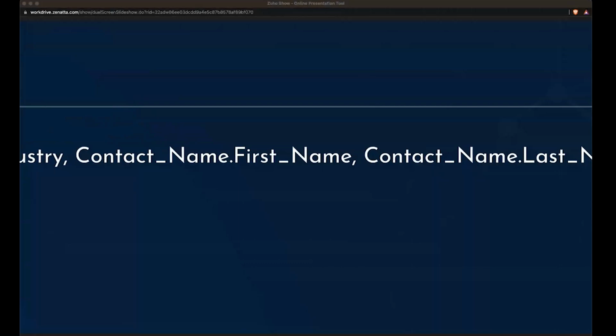But now to the meat and potatoes, the stuff that we're actually focusing on today, which is building the related list. So as I mentioned, the response needs to be sent back in an XML format. And these formats always start with